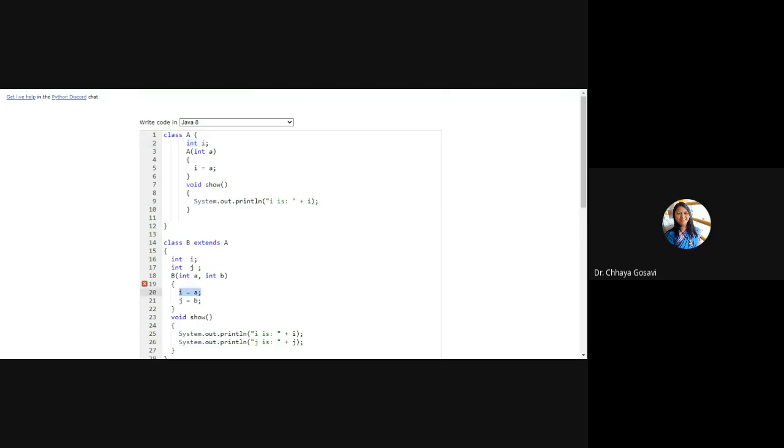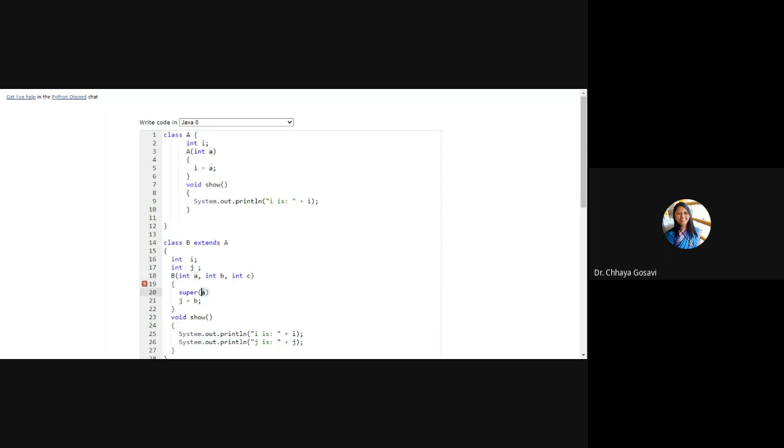So here we can call the superclass constructor. Here I need to pass three variables, because two variables are for class B's i and j, and one variable is for class A's i. So I have to pass a, b, and c.